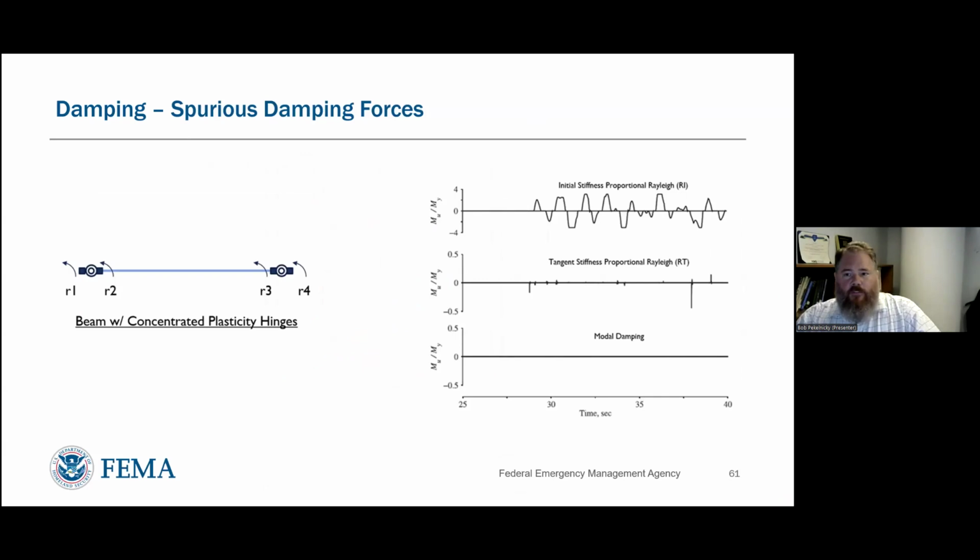We also put in some commentary about spurious damping forces, and to make sure that you check for these things. These can be consequences of the constitutive models and the way in which your analytical program solves the stiffness matrix, specifically how it considers damping and whether it's putting fictitious forces in your building. This can also be a real concern as you start getting into explicit foundation damping modeling in soils with heavy soil structure interaction.